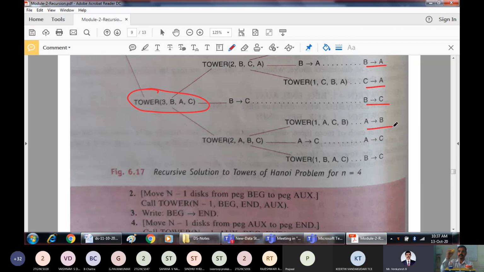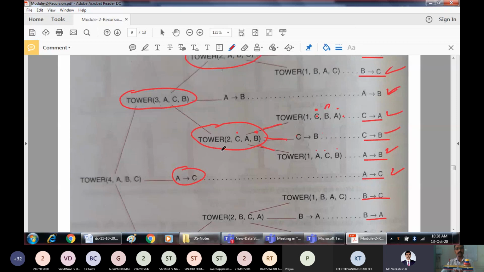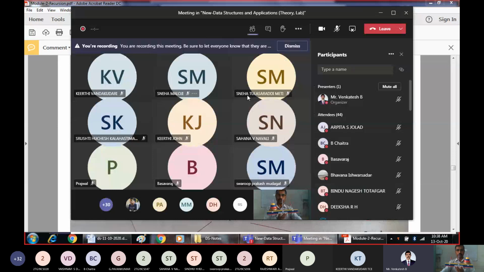A to B. Take the disk and move it to B. Next A to C. Next move from B to C. If you look at the steps, nowhere have we violated the property of Tower of Hanoi. Always the smaller disk was on top of the larger disk. So as the number of disks increases, you can make use of this recursive procedure to find the minimum number of moves for the disks to be moved from source to destination.